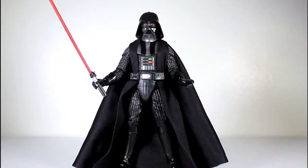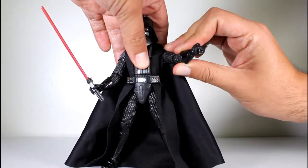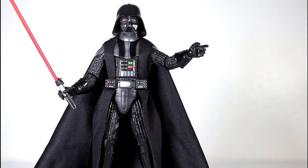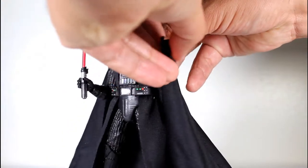It was available as part of the big set that you could buy that was the one figure with the cardboard backdrop and the little figure stand. But I'm glad that this figure is also made individually. I like paying 20 bucks for it. I like it a lot more than the old one. And yeah,